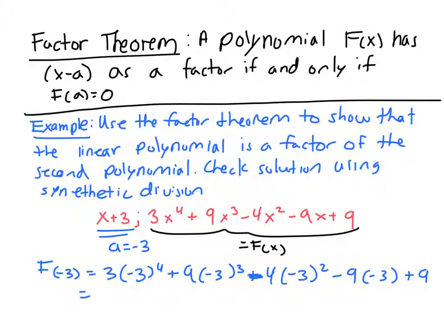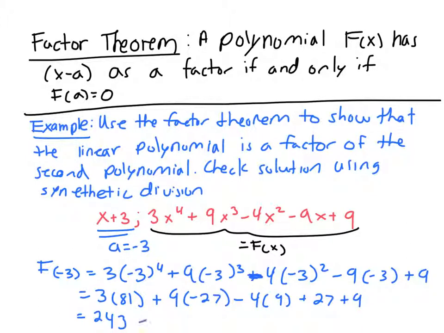Now it's just doing this math. 3 times negative 3 to the 4th is 81, so 81 plus 3 times negative 27 minus 4 times 9 plus 27 plus 9. Okay, that equals